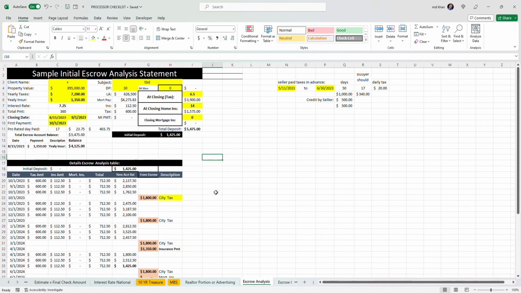And we, as a lender, we always collect only 2 months of escrow, 2 months of taxes, 2 months of insurance, and all the other things that you see are because of the seller, the closing date, and the billing cycle of New York City, because they take the money every 3 months. And you see that your first payment is on 10/1/2023, and we have a billing cycle that,